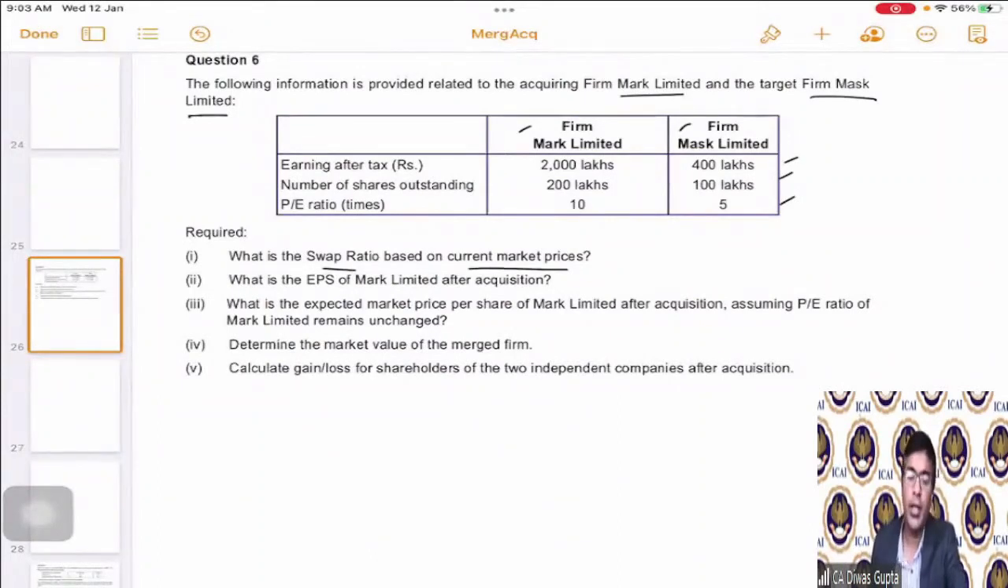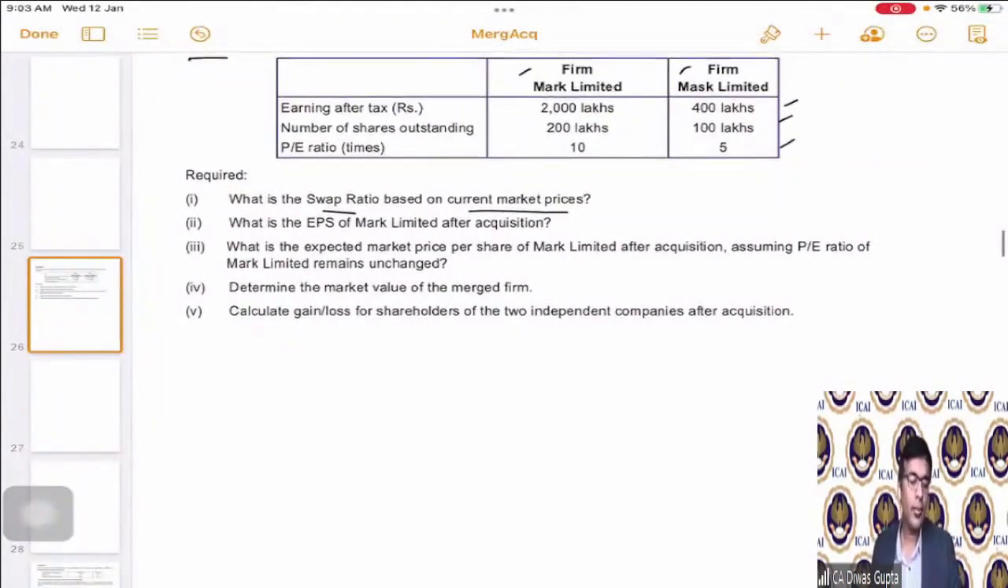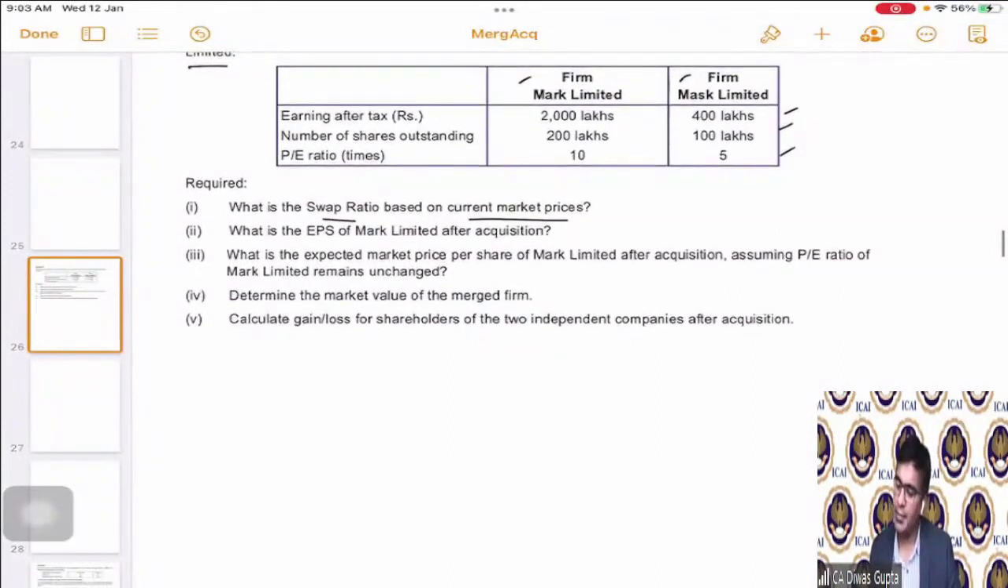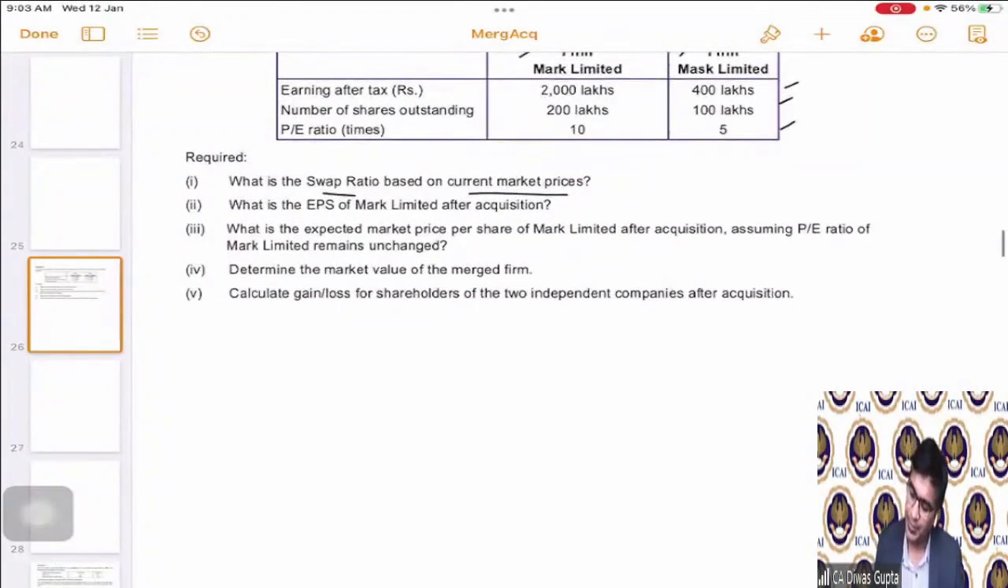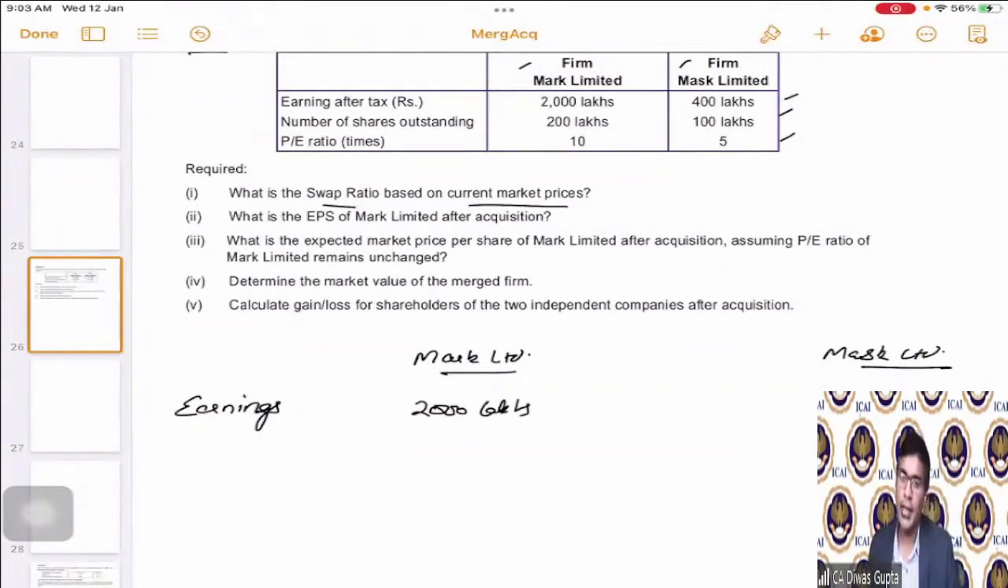Required: what is the swap ratio based on the current market prices? Simple. We have to first calculate the market price. Is the market price given? No. So we can calculate the market price. Okay, let me put all the details here. Mark Limited, Mask Limited. So for Mark Limited, first of all, the earnings are given as 2000 lakhs and 400 lakhs. Number of shares 200 lakhs